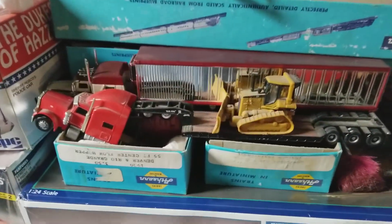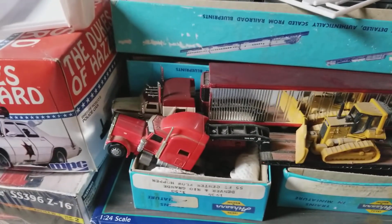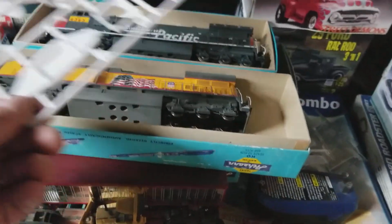Found some of my old stuff off of my model railroad. A couple more of my...